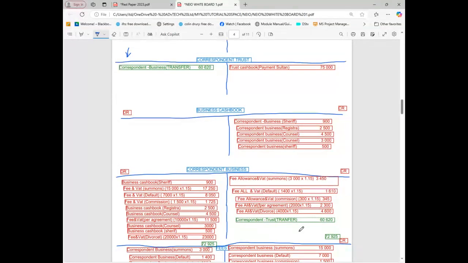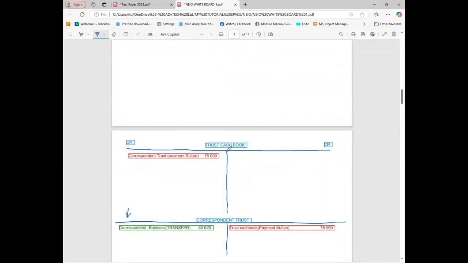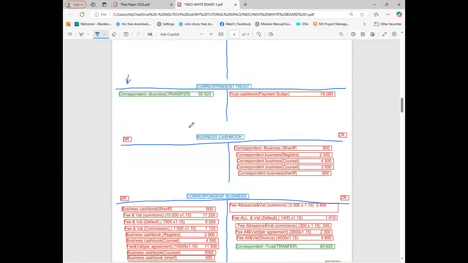Remember, from our past experience, the transfers do not take place only under this account. It is taken further. So now we are going to take the real cash. Where must I do the transfer once again? In the business cash book. Can you see now? We are going to take the real cash. The reason why we affect this is because the real cash, this 75,000, is standing in the cash book. That's why you must also go and affect the cash to take the real cash.